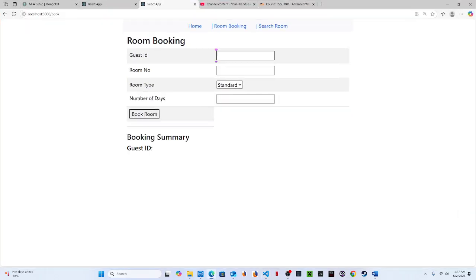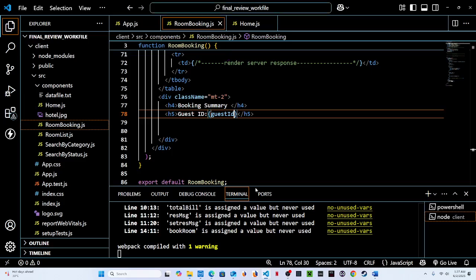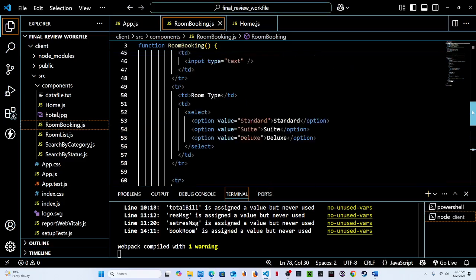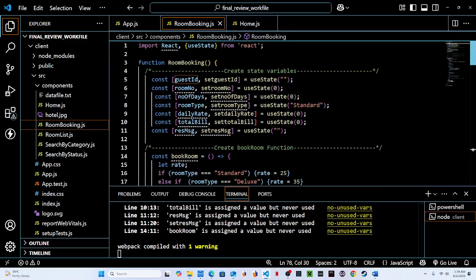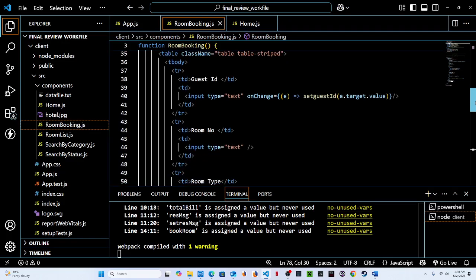Perhaps if I type here 1 2 3 4, yeah, it appears there. So let me just complete the rest of the state variables, just displaying with respect to the useState. Okay, so probably I can just copy this one and paste it over our